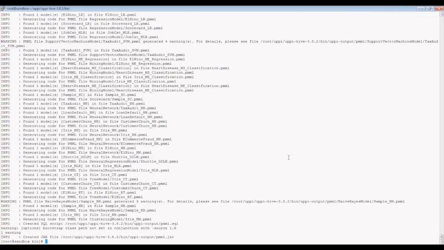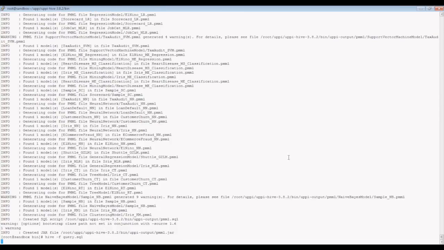Keep in mind, these are 22 different models, different algorithms that come from different modeling tools, that we just converted into UDFs. That's how simple the process is. And there's no difference if you have 1,000 models. You just run this script, and it creates a deployment package for each of your models. As a next step, all we need to run is a query. So let's do that with our customer churn example.